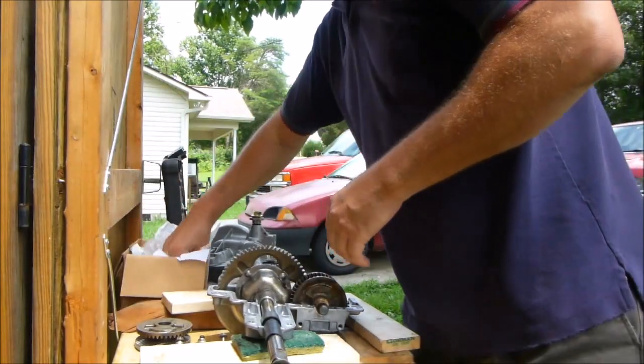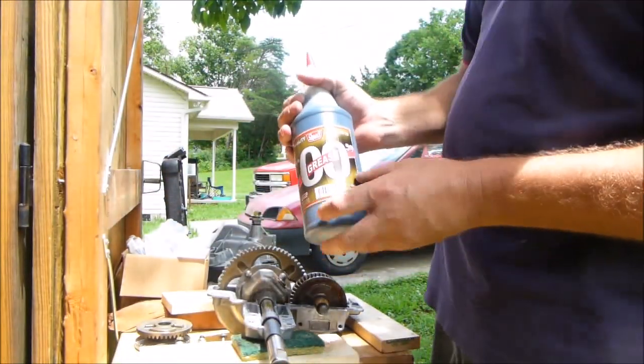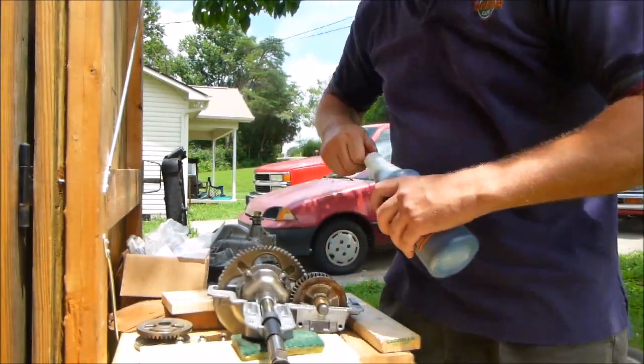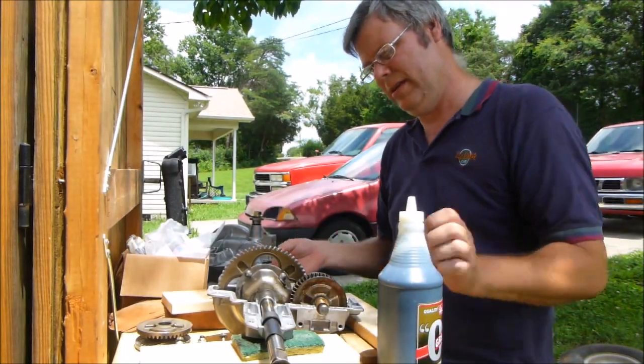Alright, here we go, people. And here's the grease I use. Instead of paying $20 for a little old 8 or 9 ounce one, I've got a whole quart. This costs $5 at a tractor supply place, and it's pretty much the same grease. Okay, now